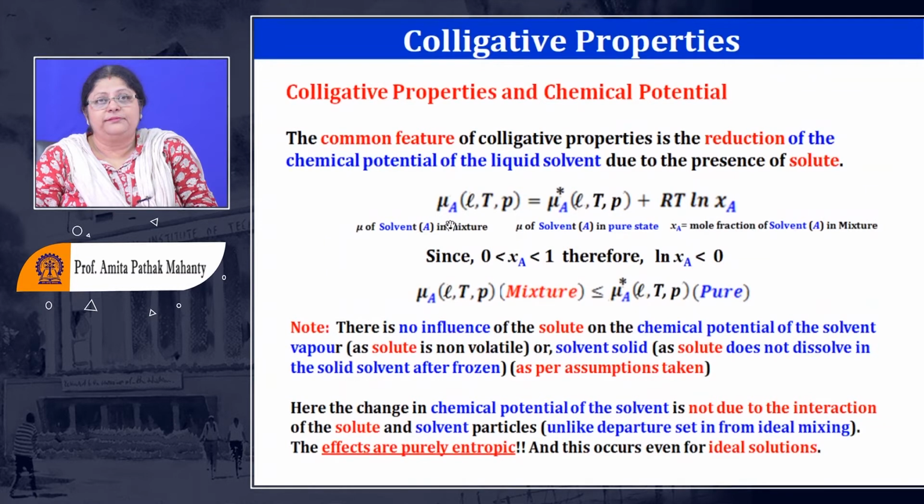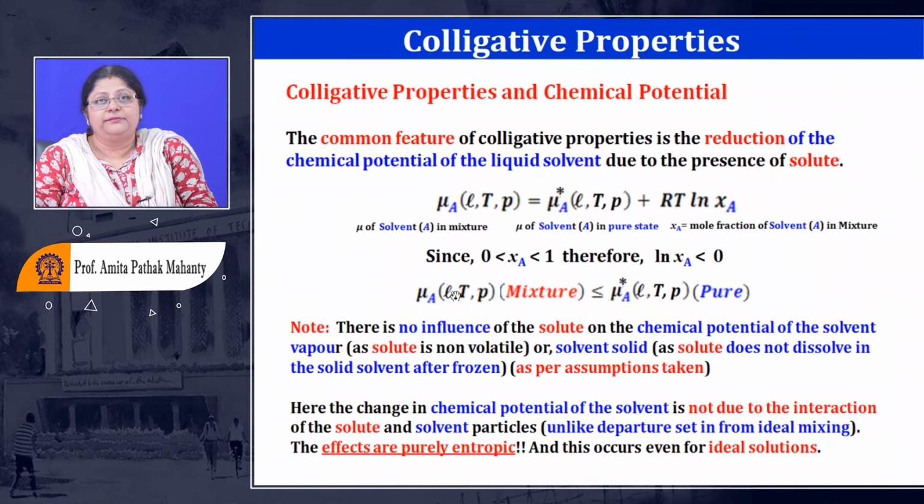So remember, we always define the chemical potential of a species. That species is what we are monitoring the chemical potential of. This chemical potential of this species is going to be equal to the chemical potential of that species when it is in the pure form, plus RT ln of the mole fraction of that species in the solution. So this comes from the mole fraction of the species in the solution, and this is the pure solvent. And as we all know, the ln of this is going to be less than 0.